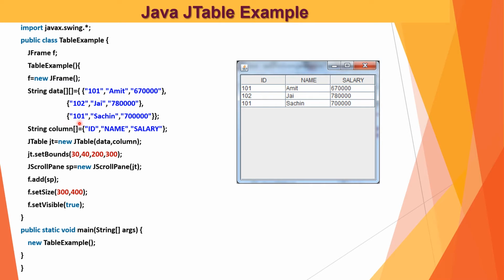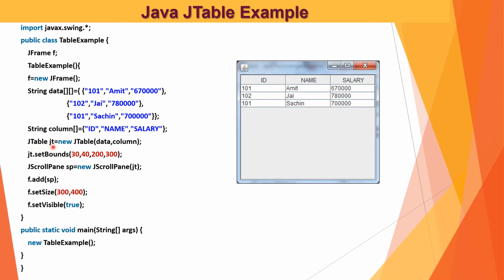The next is 101, and the name of that employee is Sachin, and he earns 7 lakh per annum. So all this data will be stored with the column headings, that is ID, name and salary. Now all this data will be placed in the table with the help of JTable.